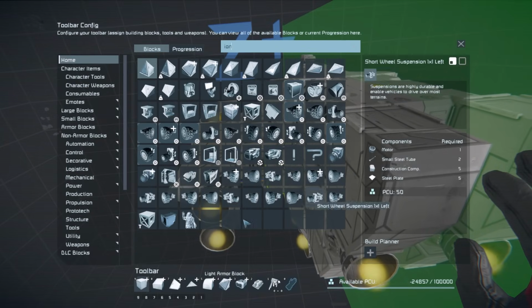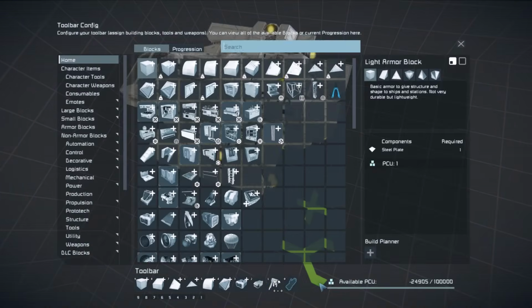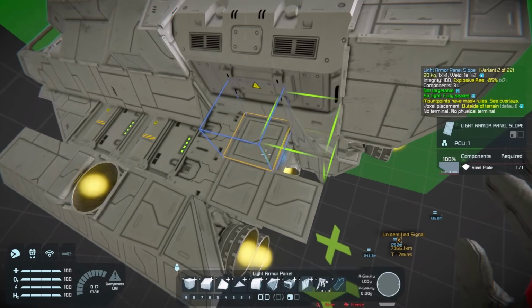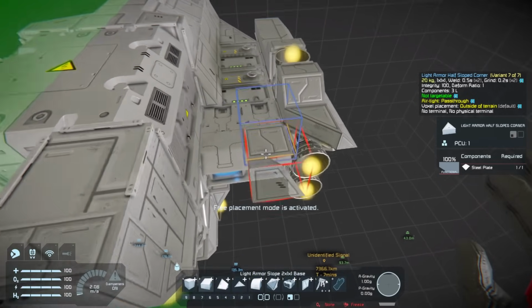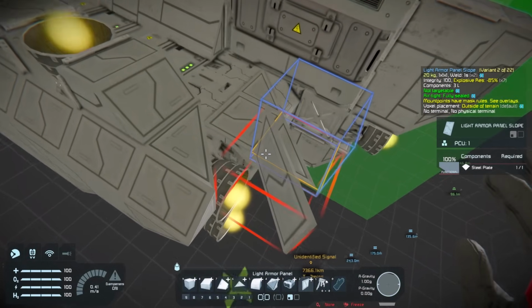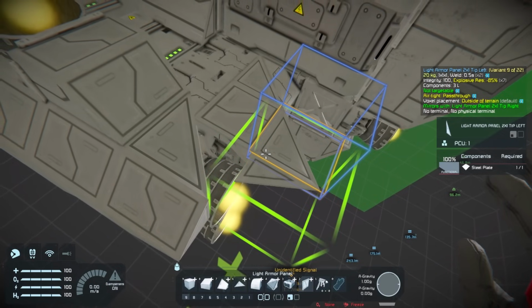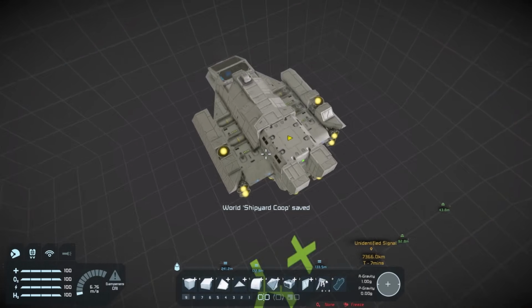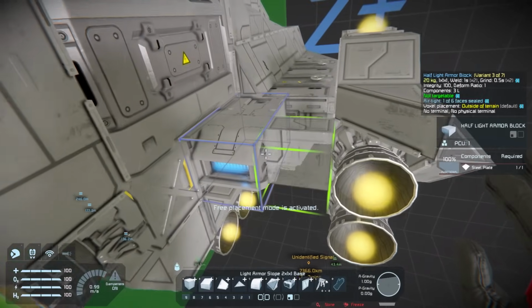You know what we could do here instead? Could do ion thrusters if I can find the thing. Could do something like this, and then we can still achieve the slope with armor panels instead. Armor panels work wonders. Oh god. Oh no. Wait. That's not what I wanted. This might not work. No, that doesn't work at all. But the ion thrusters might. I think maybe just the innermost one. Like that. And then if we have slopes...